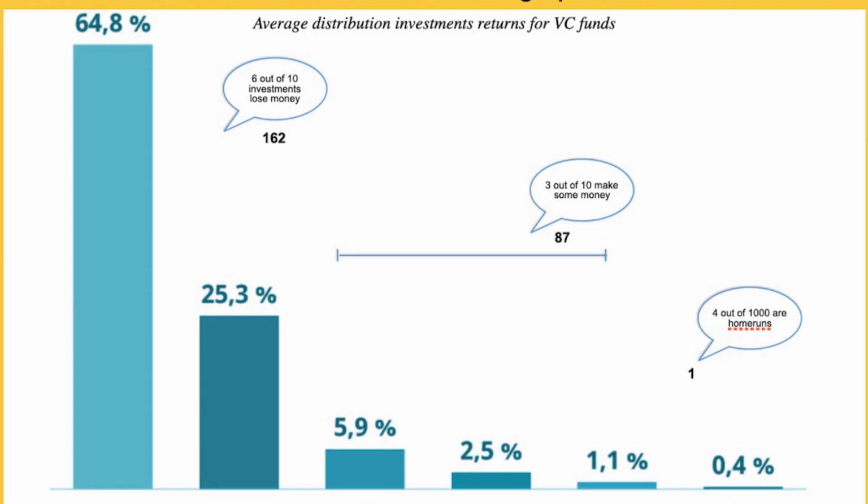Of course, not everything needs to be a unicorn. You see that 1.1% of the complete portfolio in theory can bring up a 20 till 50x, 2.5% can bring up a 10 till 20x, 5.9% a 5 till 10x, and 25.3% a 1 till 5x. Meaning that 6 out of 10 investments lose money. Therefore, it's important to have that portfolio view and place multiple bets in your opportunity spaces that are relevant for